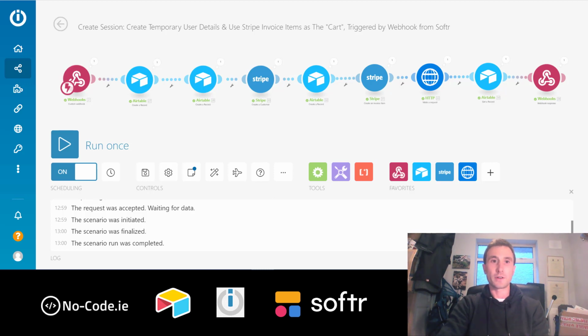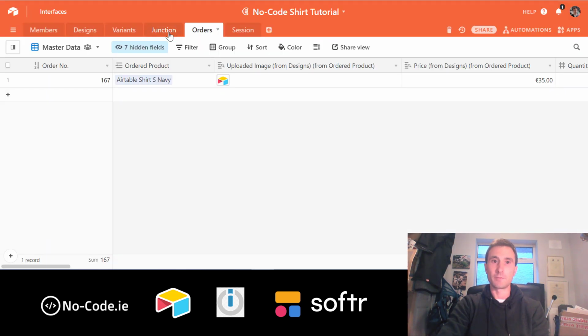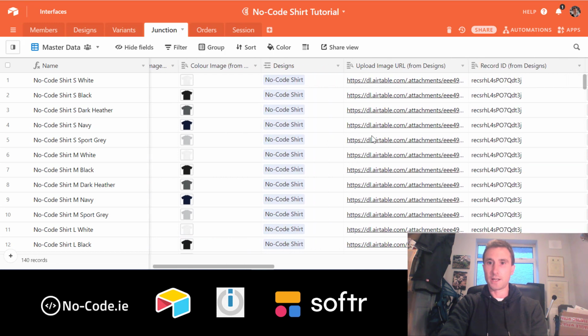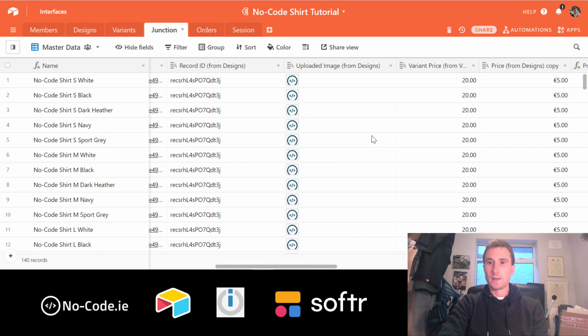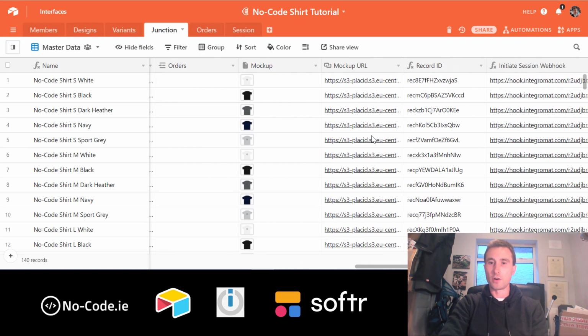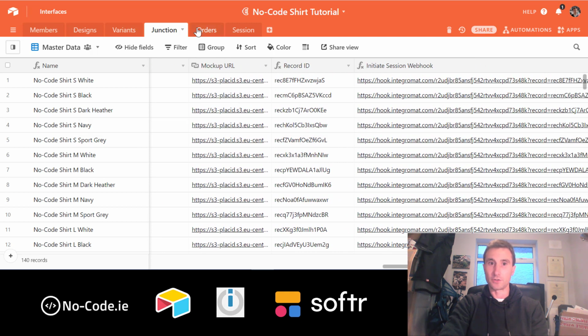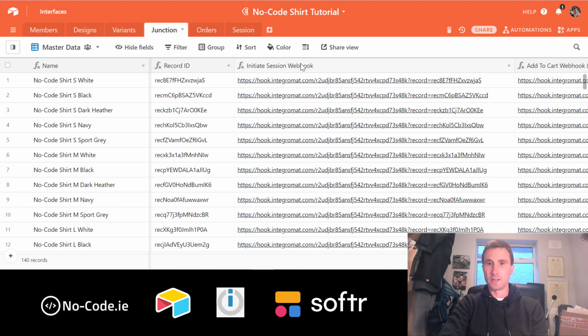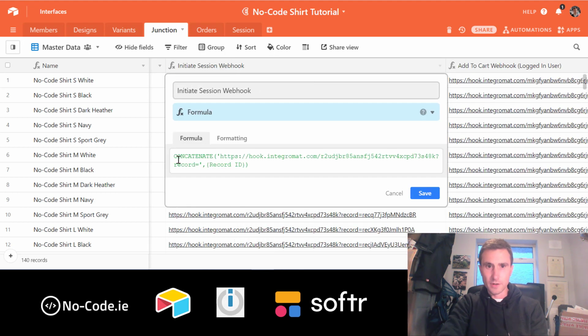What I've done with this webhook is I've actually put it into my products table, which if you've watched part 1 you'll know is this junction table here. The reason I put it in this products table is because I want Softr to visually present the webhook as a button on the junction or the products list view. But also, I can use a formula here to effectively take the webhook from the Integromat scenario, and at the end of the webhook, from this question mark onwards,